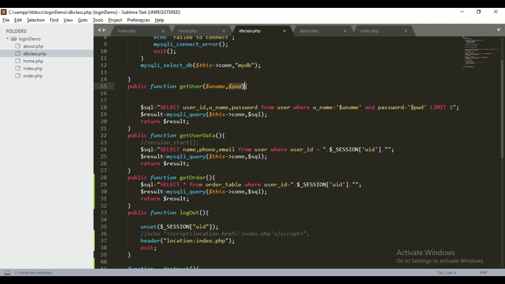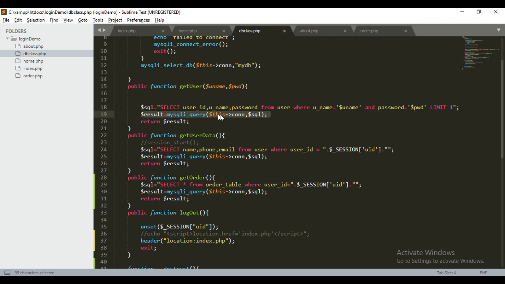If both match, and with limit equal to 1, only one record will be fetched when this criteria is matched. And this query we are executing here with MySQL query, passing the connection and our query.